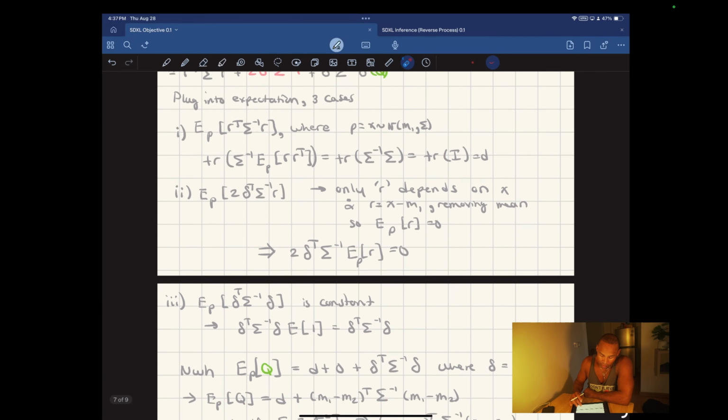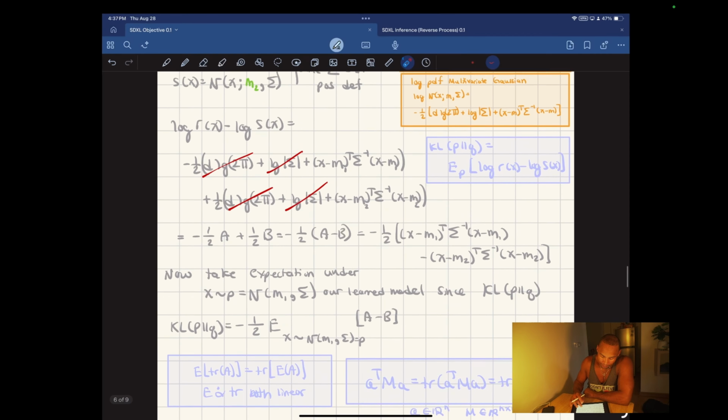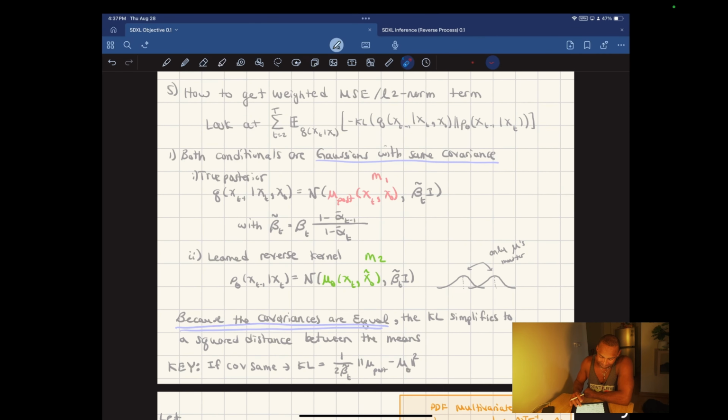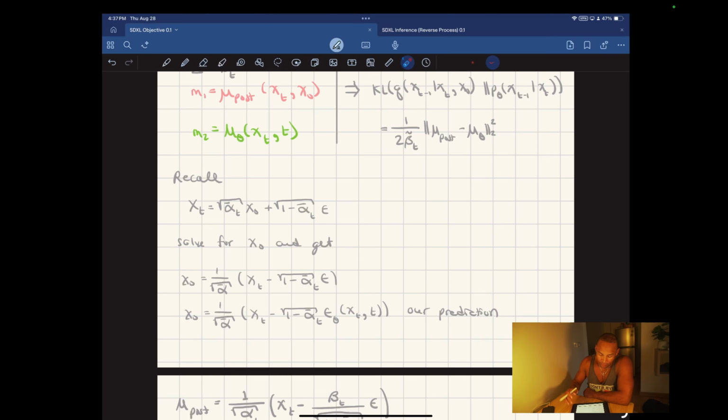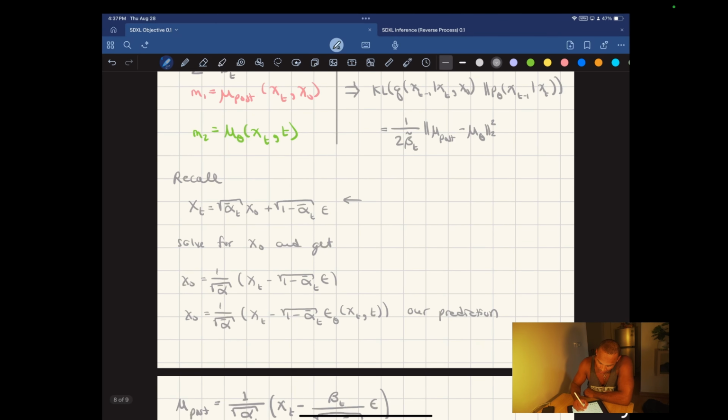So the parameters of x_t given x naught, it's our one-shot kernel. And we just write it as the sampling form of the Gaussian,